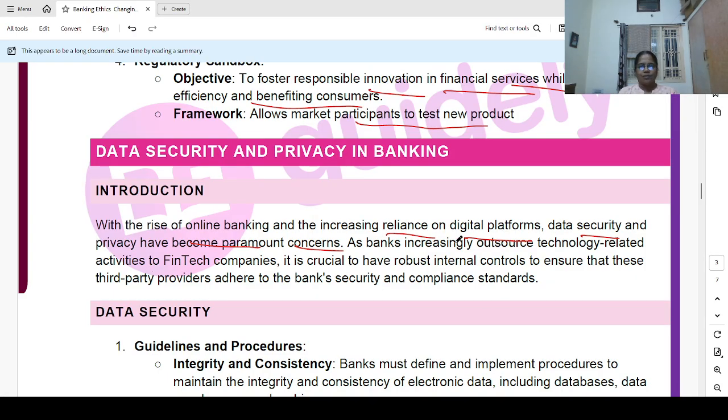As banks increasingly outsource technology related activities to fintech companies, it is crucial to have robust internal controls to ensure that these third party providers